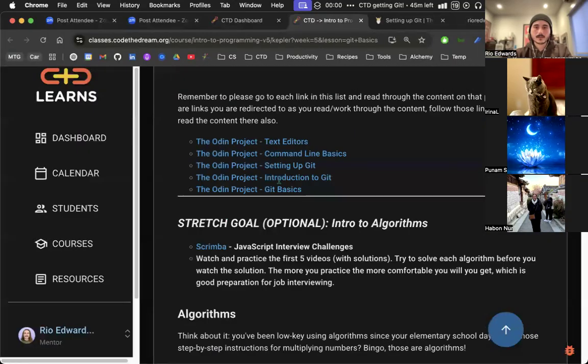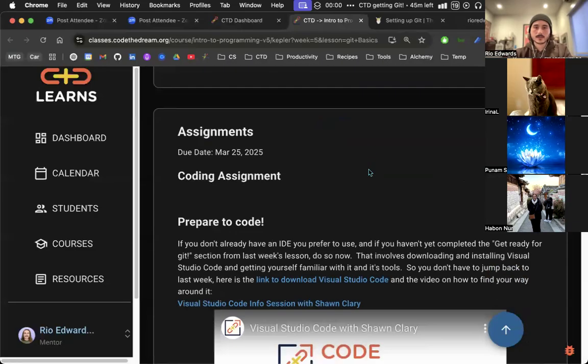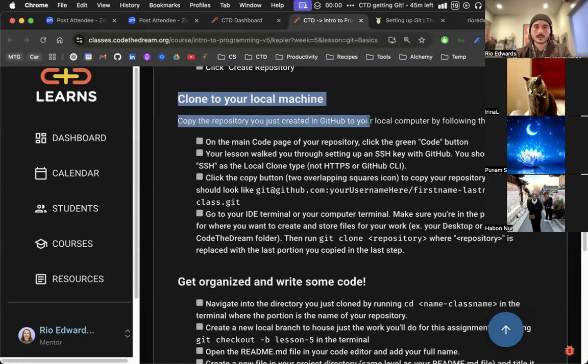So assuming that is done, you can be following along from there. We're going to clone that repository that I just made on GitHub. We're going to clone it to my computer. And clone does what it sounds like it does. It makes a copy. So we have a version on GitHub, and like I've been saying,